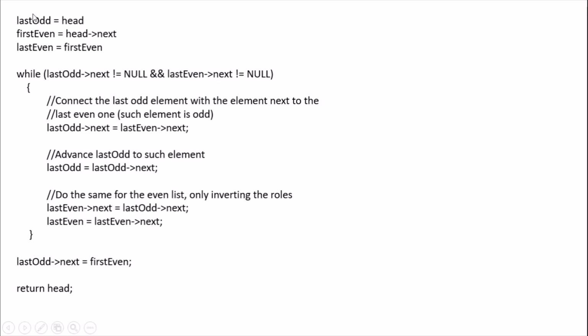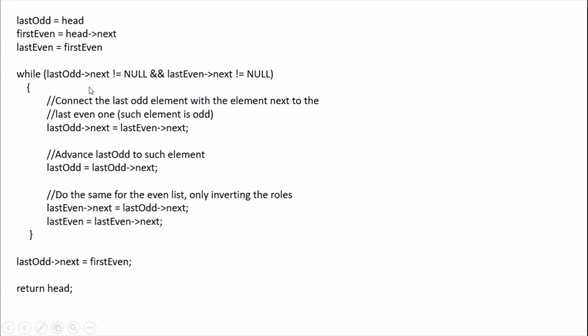First we will have 3 pointers: last odd, first even and last even. Last odd will store the head of the linked list initially. First even will store the next, that is the second node of the linked list, which will be the first even node, and last even initially will be equal to first even.